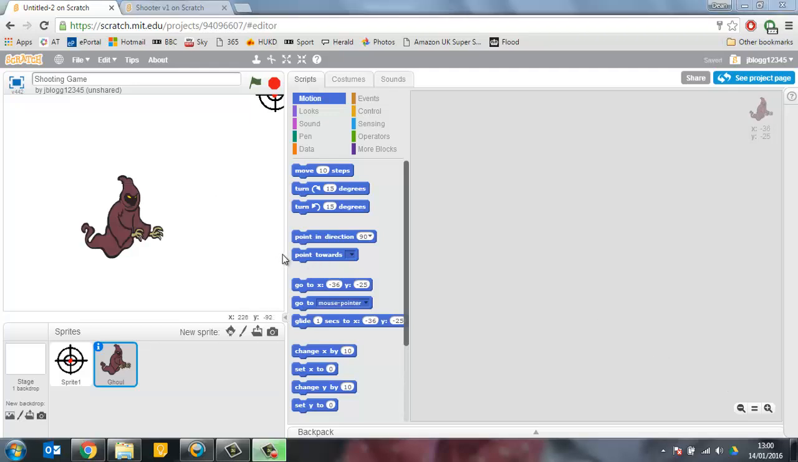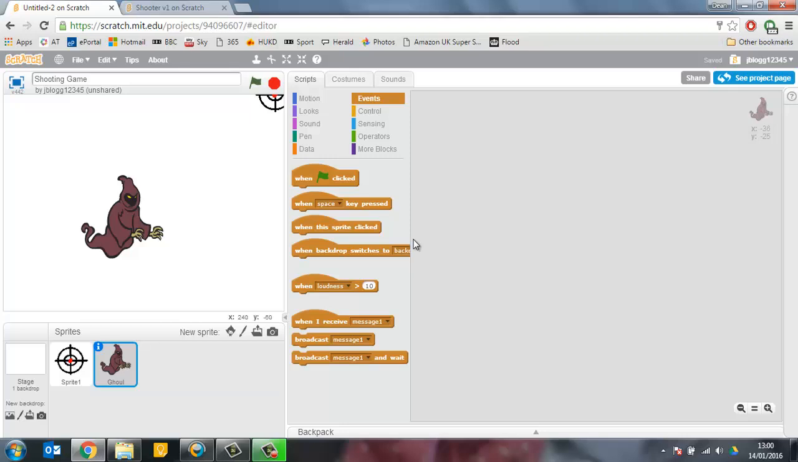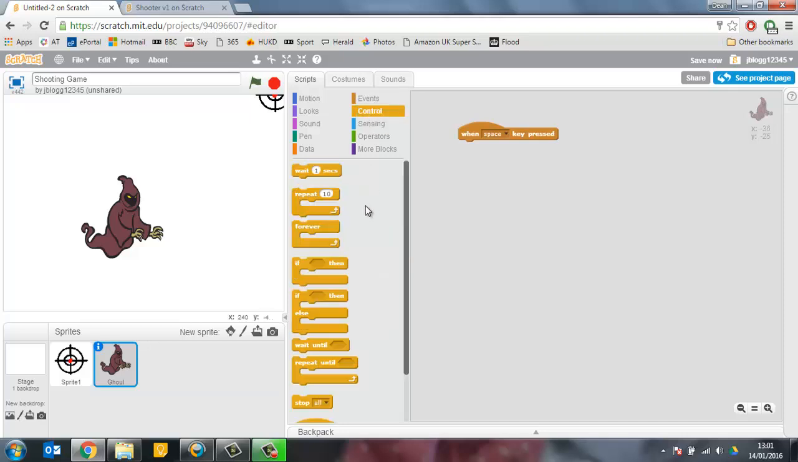We now need to start adding some code to this. So on the Control tab, on the Events menu, you're going to select when space key is pressed. What we want is when the cursor is over the ghoul, you press space and we want it to disappear. So once the key has been pressed, we need to also check if the mouse cursor is over the top of the sprite. So forever,